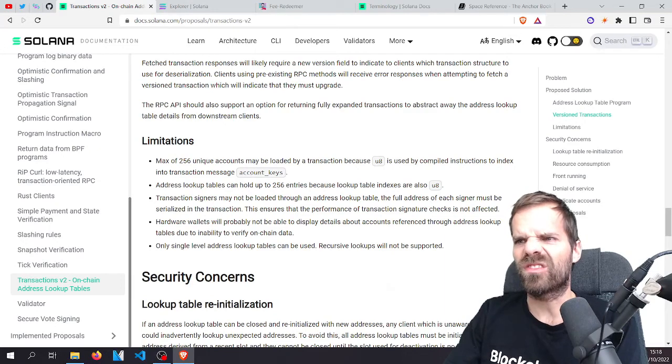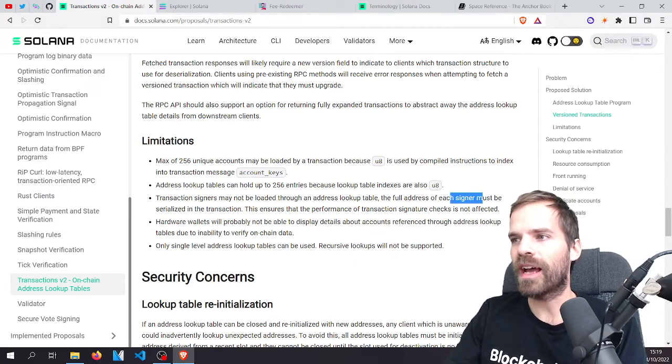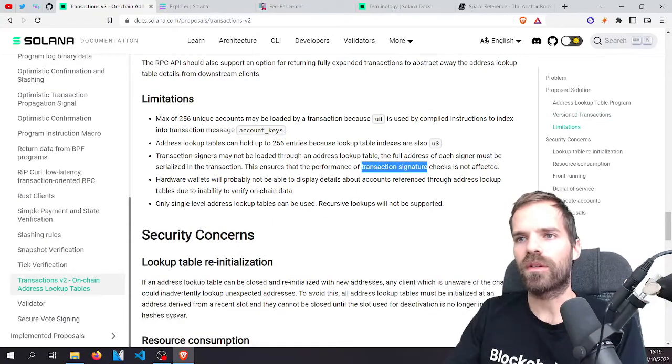I'm looking like this. I don't want to read. Address lookup tables can only hold that many elements. Also makes sense because if we put in more that we can't reference, that's just pointless. So for the signers, we must provide the address directly in the transaction. That's for the transaction signature checks. Don't need to look it up. Okay, cool. Hardware wallets will probably not be able to display details about accounts referenced from the lookup table, and